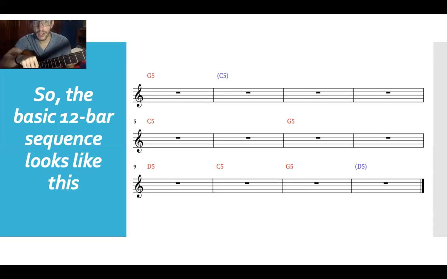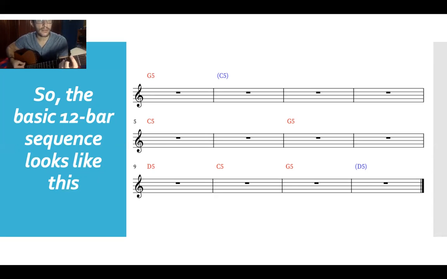Now, I'm going to be counting right now the bars. I'm not counting the beat, I'm counting the bar. So every time I say a number, that's going to be the next bar. So in the end, I should be counting up to 12 because it is a 12-bar blues form. So here we go. I'm going to be playing blues in G. 1,